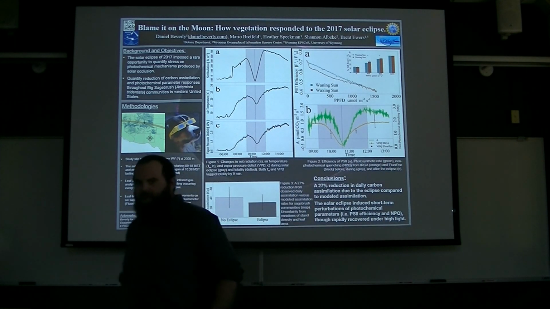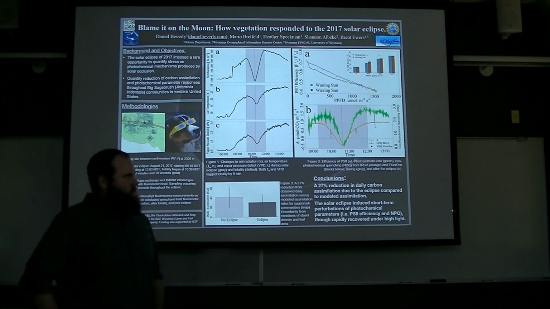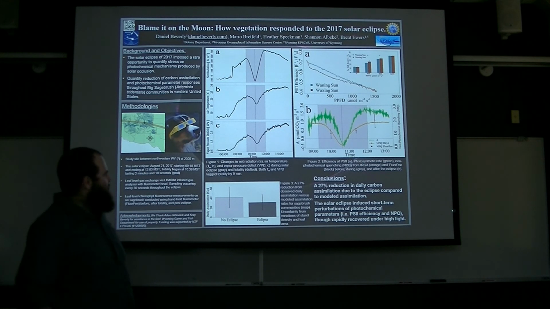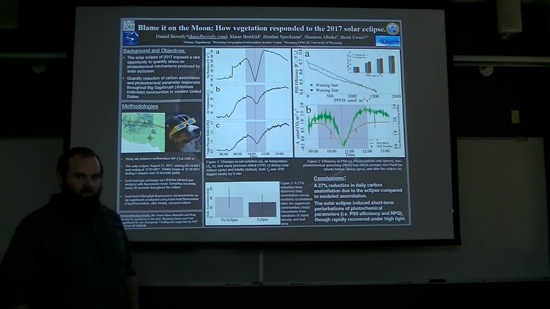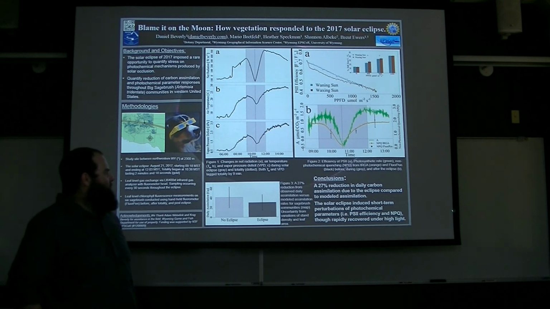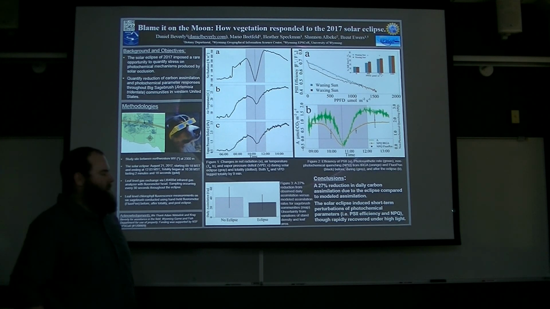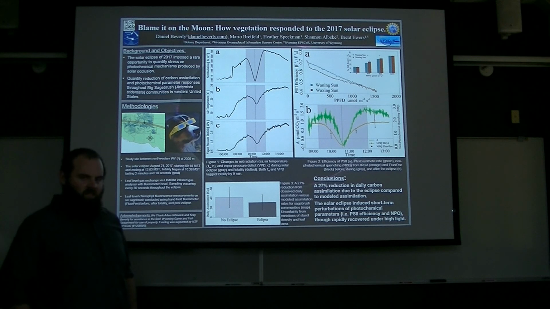In figure 2, we actually see the biotic response. On panel A, we have photon flux density, or the photosynthetically active radiation, on the x-axis, and PS2 efficiency, the driver of photosynthesis, on the y-axis. As we progress into totality, which would be the blue, we see a linear pattern as we would typically imagine going into darkness. And as we come out of the solar eclipse with a rapid onset of radiation, we see some sort of